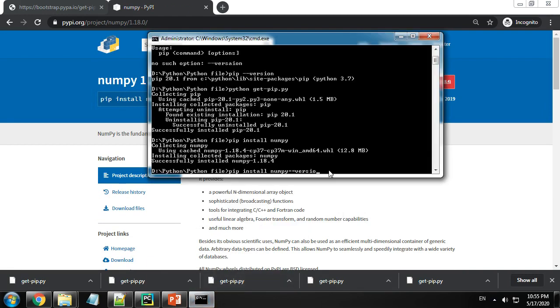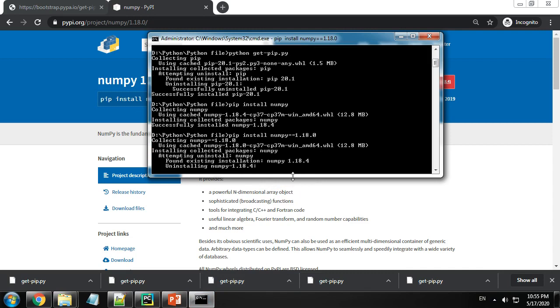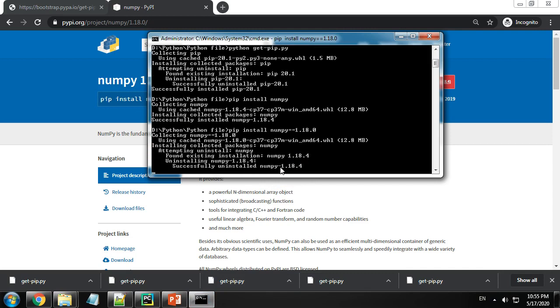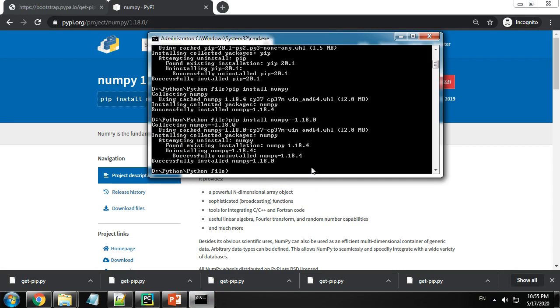Okay, I'm choosing to copy, and once you hit enter, it is going to uninstall the previous version for you, which is your 1.18.4, and install the version of your choice, which for me is the lower version 1.18.0. Now remember this, say for example you are downgrading or upgrading a particular package in Python, and there is a dependent package.